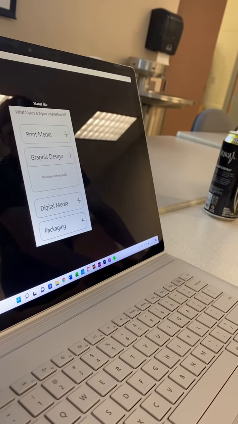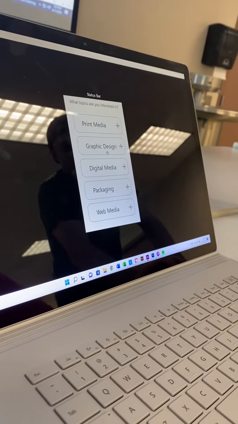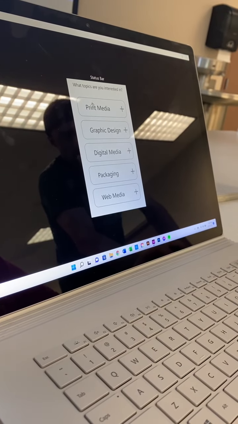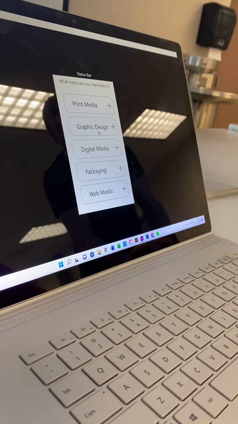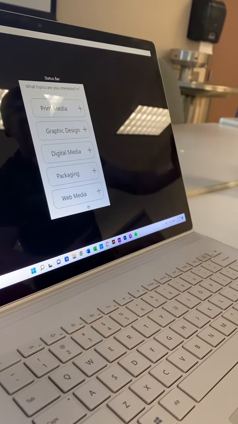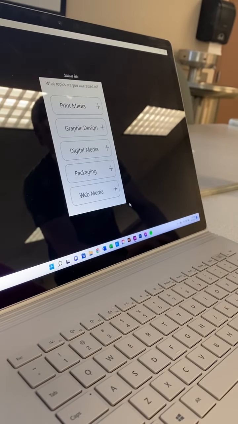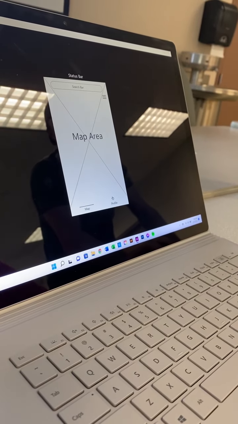Well, now where do I go? I'm stuck. I see graphic design. So this is where I'm gonna have to tell you because it's a prototype. If you were holding it in your hand, it would be more obvious, but ideally you would scroll down because it would be a list that goes off the screen. In this situation, you're just gonna have to click off to the side a little bit. Yeah, that's how I had to do it. Okay.